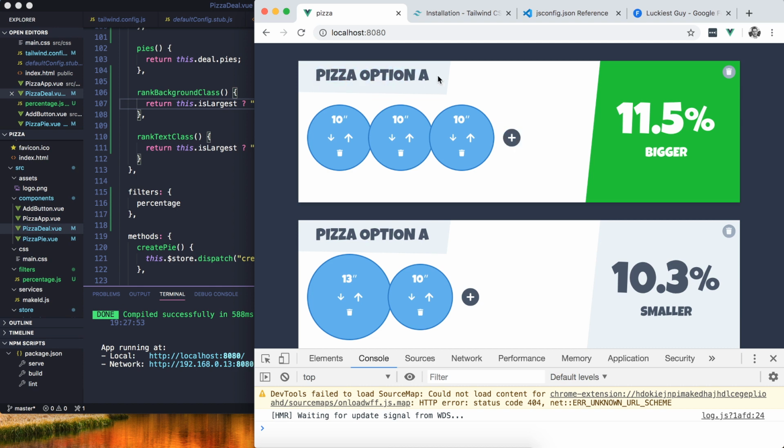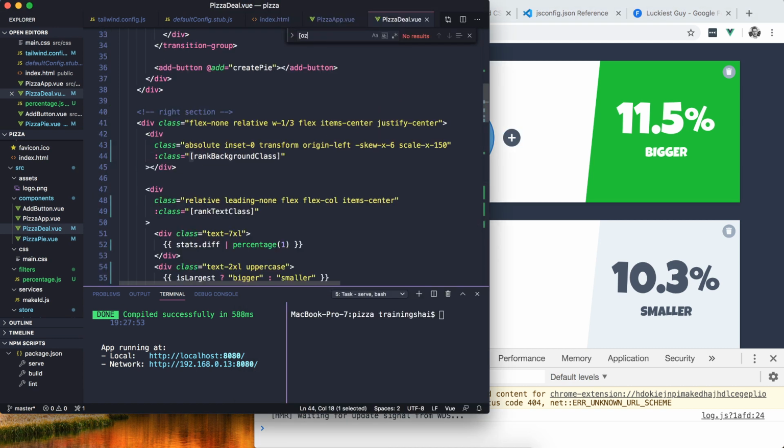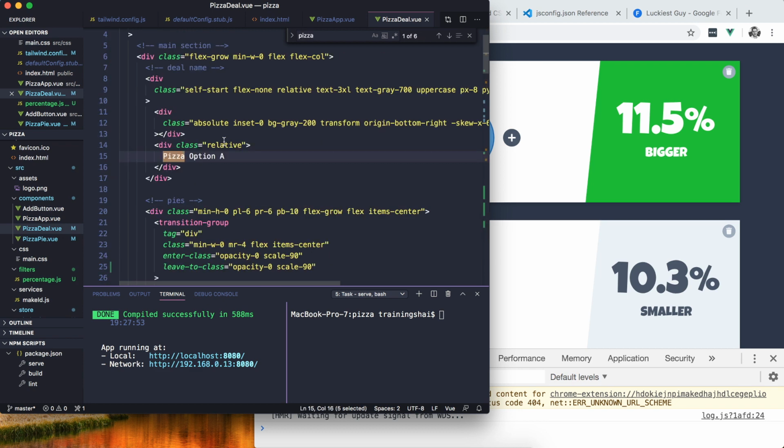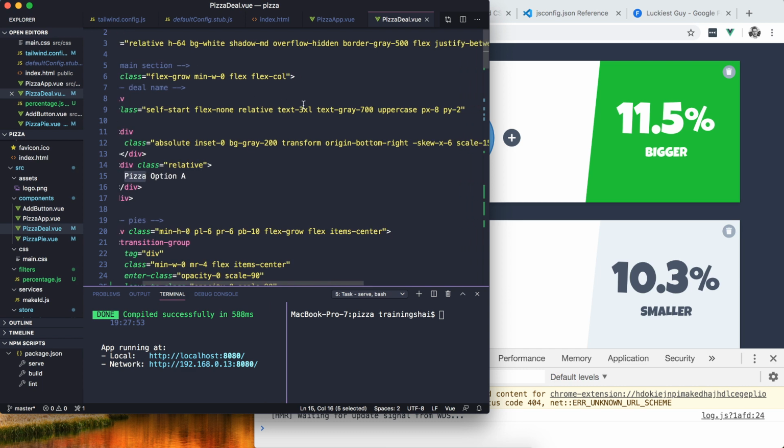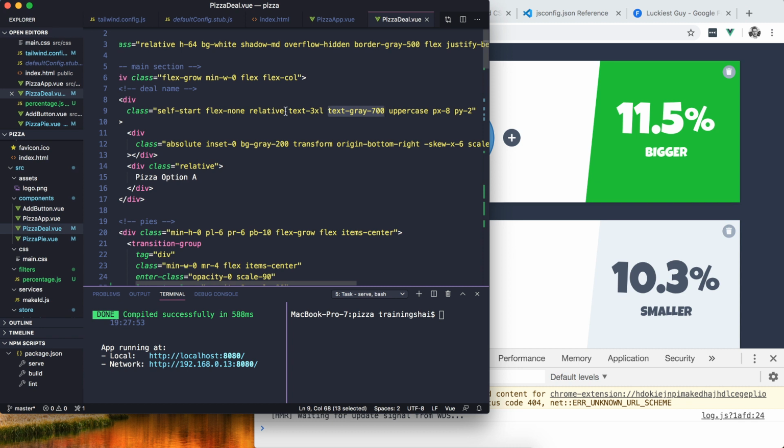but I should now be able to use those to colour this as well. So the bit that says, I also need it to not say pizza option A on all of them, but we'll do that in a second. The text grey at the moment is defined up there, but it really shouldn't be. I'm going to bring it down to here,